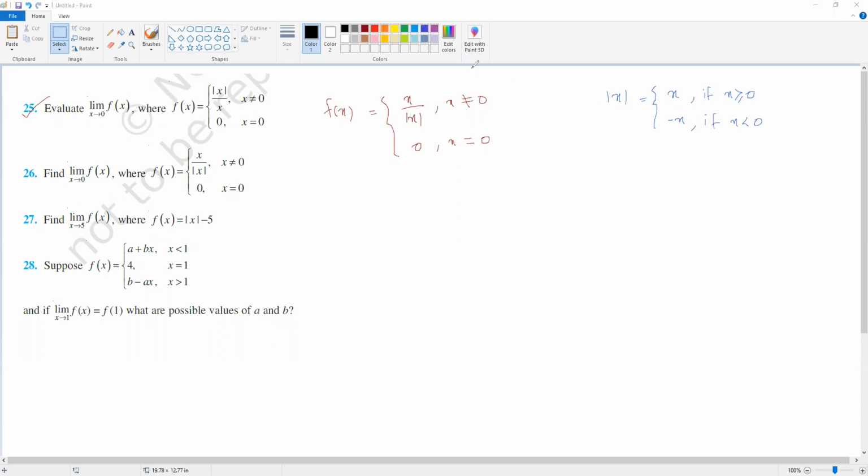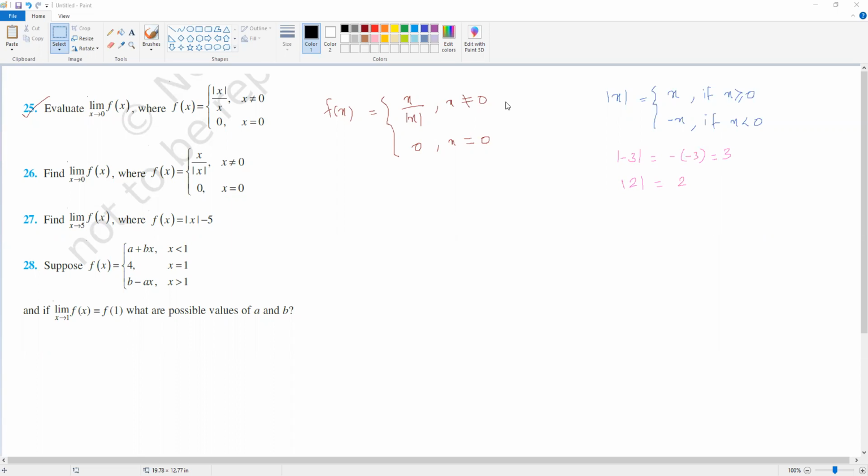जैसे for example, modulus of minus 3. So minus 3 is less than 0. So the value is minus of that x, minus of minus 3. That is why it is 3. हम हमेशा हमारा बचपन में छोटा क्लास में हम हमेशा नेगेटिव होता पॉजिटिव करके लिखते थे, बट उसका डेफिनेशन यही है. So modulus of 2, so it is positive, 2 is greater than 0, it is 2 itself. That is the definition.